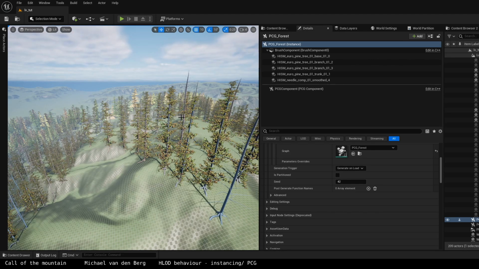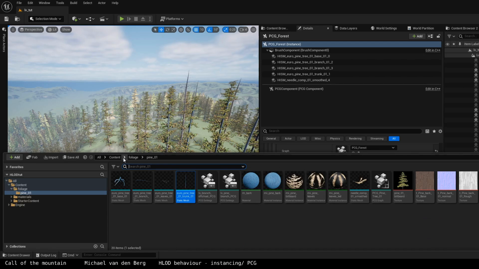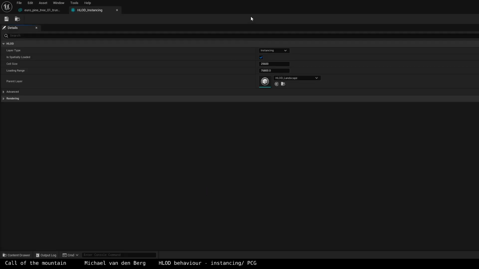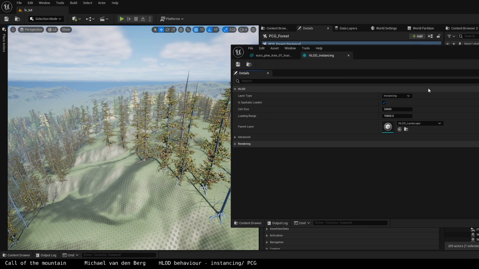It's already instanced. What you might see is that, because in the HLOD instancing setup they use an instanced static mesh component instead of a hierarchical instanced static mesh component, you might see a little bit of a gain in terms of memory usage